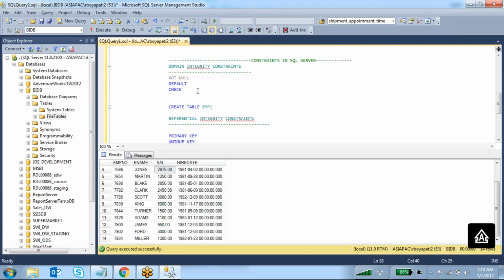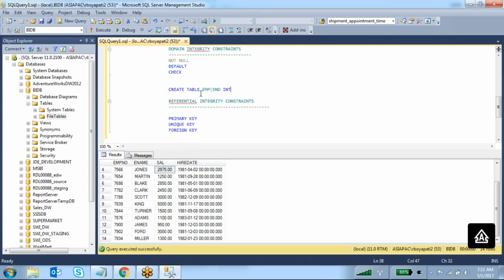In this table, employee number has data type int, employee name is varchar data type, and salary is integer.